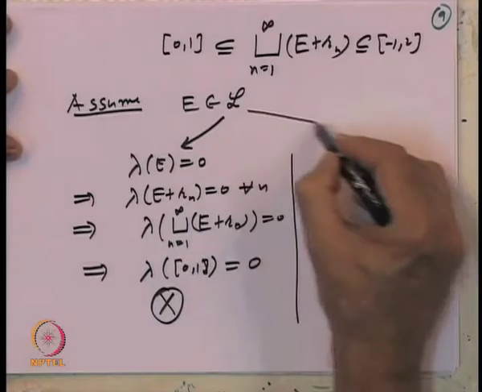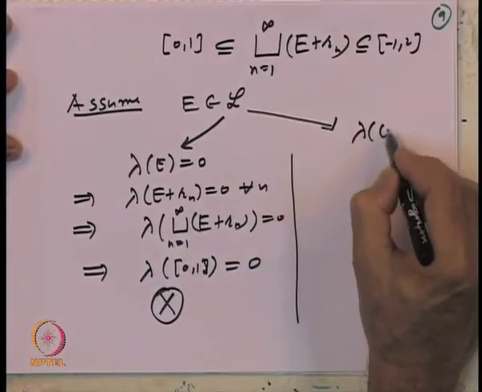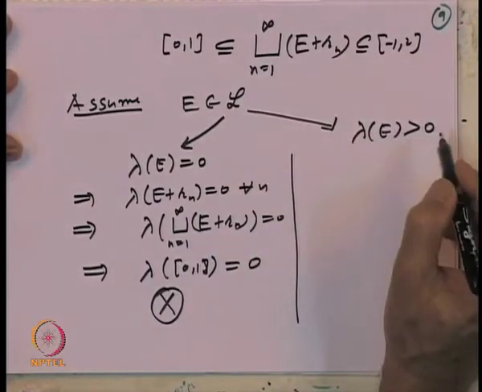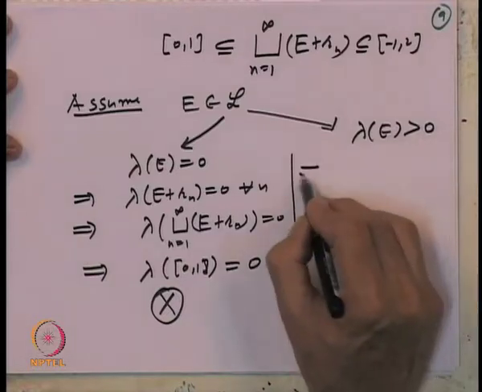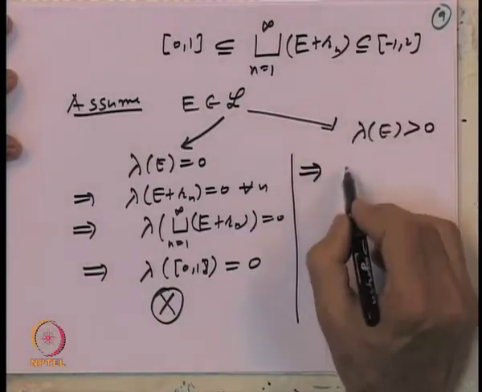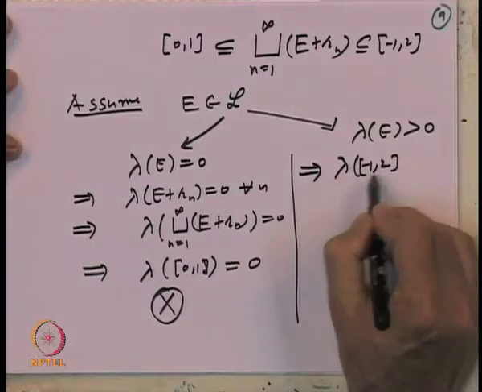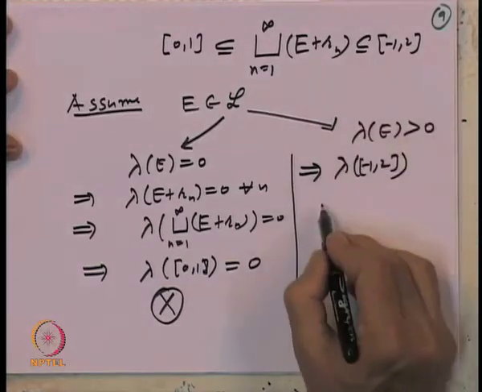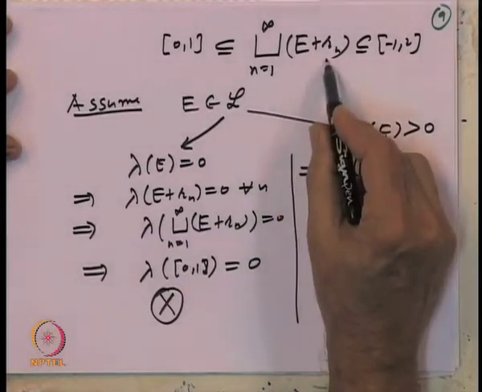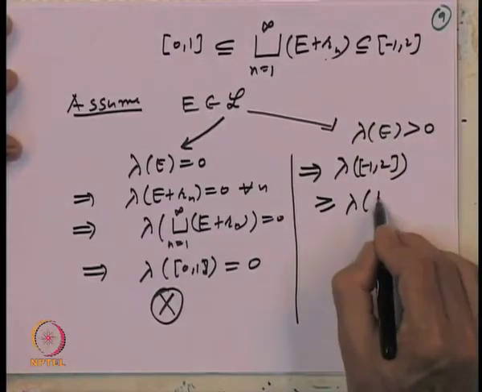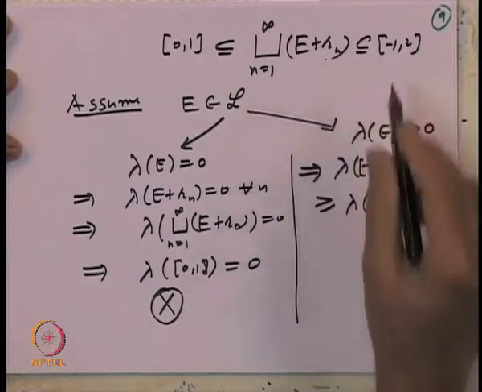The second possibility is that the Lebesgue measure of E is strictly bigger than 0. Then that implies the Lebesgue measure of this closed interval, minus 1 to 2, is bigger than or equal to the Lebesgue measure of this union, because that is a subset of it,